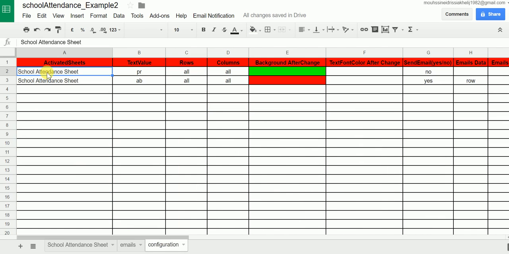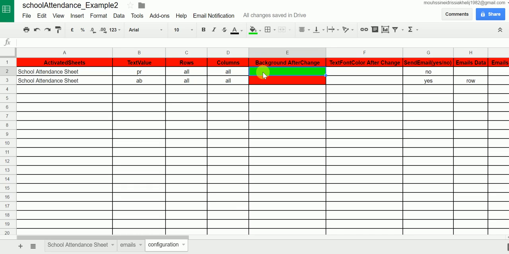So in this sheet, when I write PR in any row or any cell, which is what I mean by all and all, in every cell in this sheet,